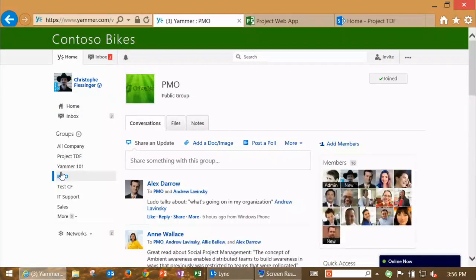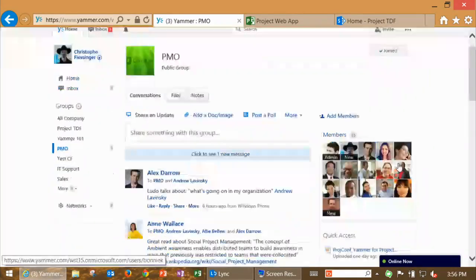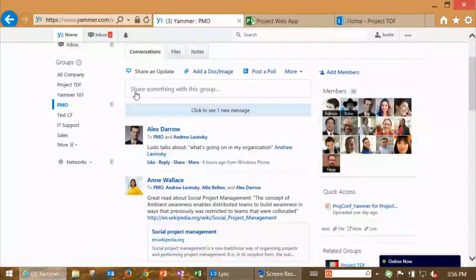So now I went to a group, and for this demo, we created the PMO group. So think of the community of practice for our project management office that we set up for our organization. We're striving to go up in terms of maturity. And so we want everyone, whether they're practitioners or whether they're just certified, whatever, to start sharing ideas. So in a group, you can see a couple of things. Similarly to the main news feed, you have all the conversations and the activities scoped for that community.